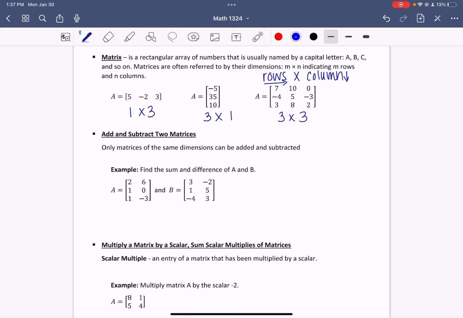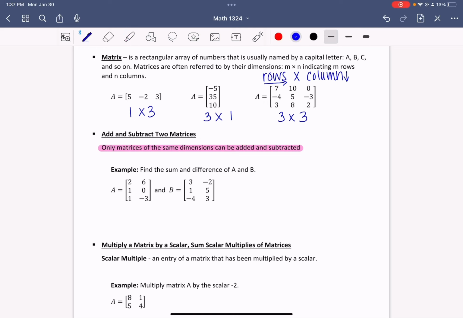Now you can do many operations with matrices. We're just going to start with the basics here. We can add and subtract 2 matrices. What's important to note when you're adding and subtracting matrices is only matrices of the same dimensions can be added and subtracted. So like in this example, you can see that it says find the sum and difference of A